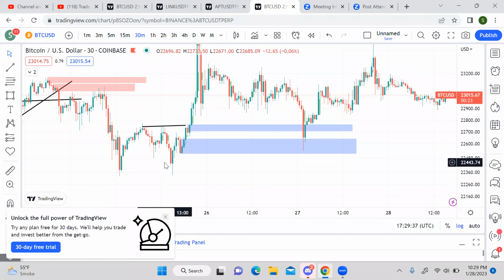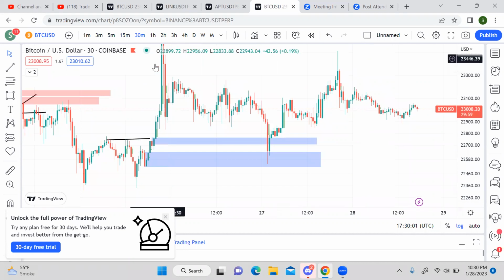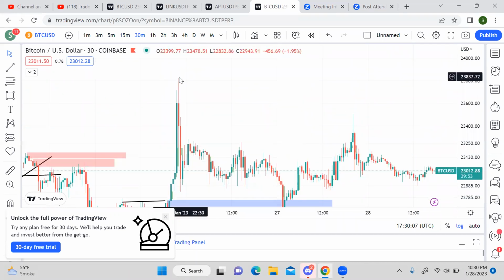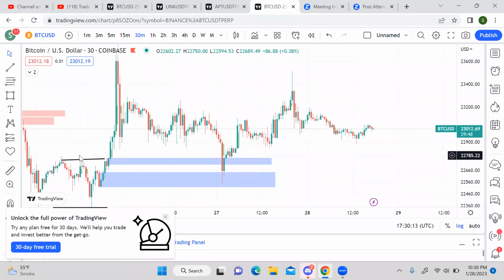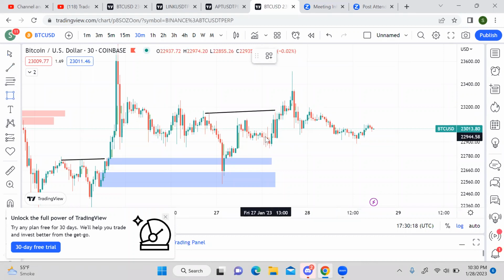Stop loss should always be according to the system, not according to what you think, like if you think that the stop loss should be here. No, always play according to the system. This wick is below because one order block is this one as well, so these order blocks failed, and your strategy and plan will be invalid. After this higher high, a higher low was created here, the order block failed, the target was this, yet this target didn't match. So the structure is shifted here, again the structure shifted here, order blocks